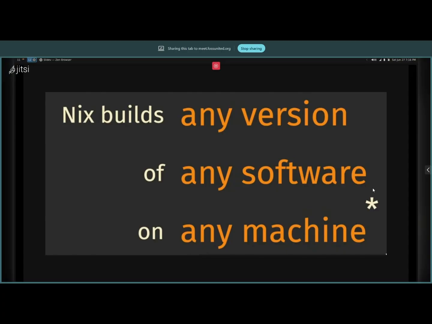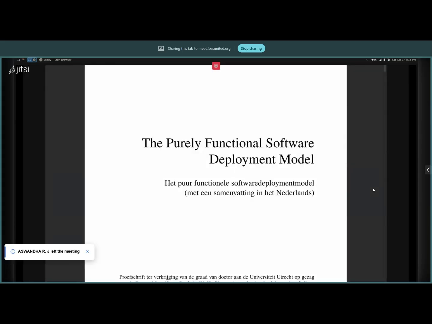But the idea is Nix can build any version of any software in any machine. So the actual Nix, the package manager, started out as a PhD thesis by this guy named Eelco Dolstra.